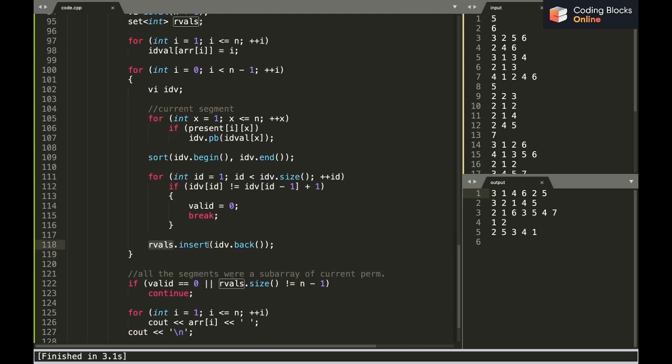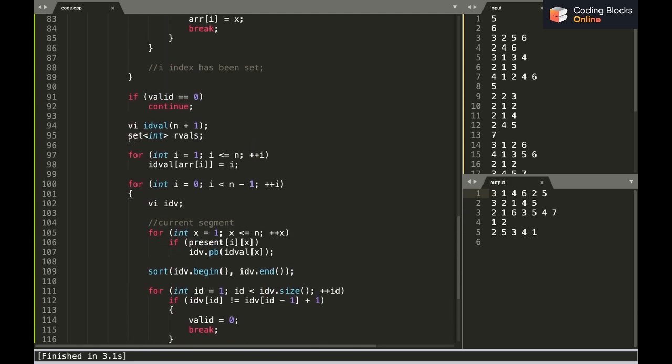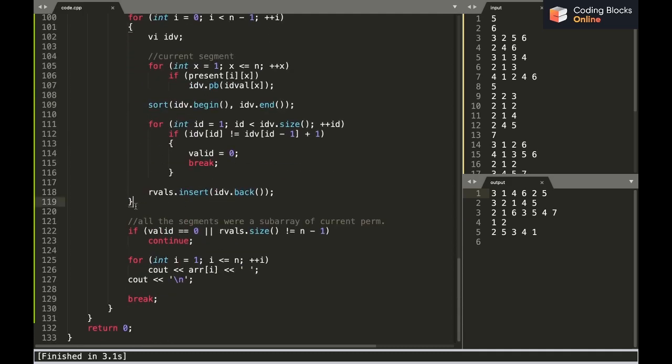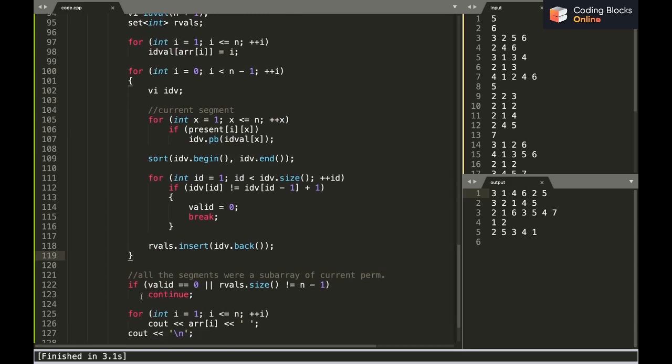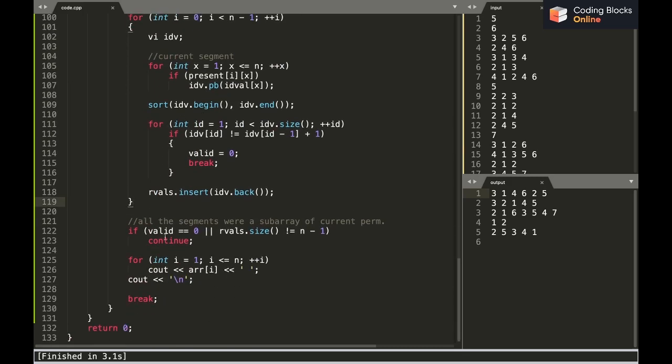So I am inserting idv.back into rvals, which I have declared up here as a set. Now after coming out of this loop, after iterating through all the segments, I check if the value of valid has become 0, or if rvals.size is not equal to n minus 1.